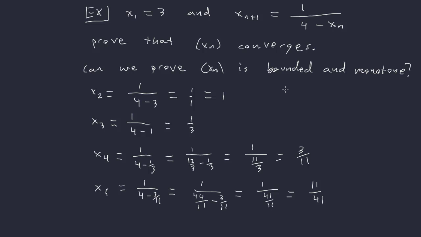Now this, of course, looks kind of bad, but x sub 3 here, that's 0.333 repeating. 3 over 11 ends up being 0.27 repeating. 11 over 41 is